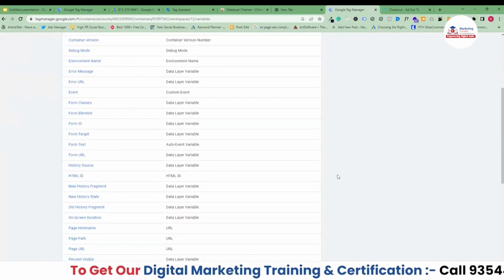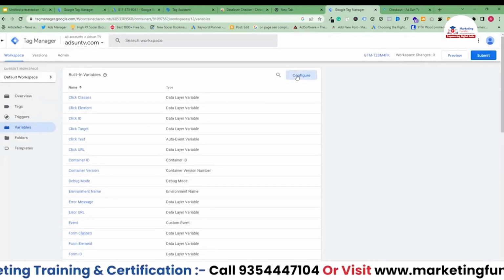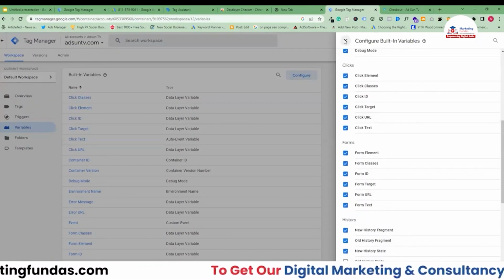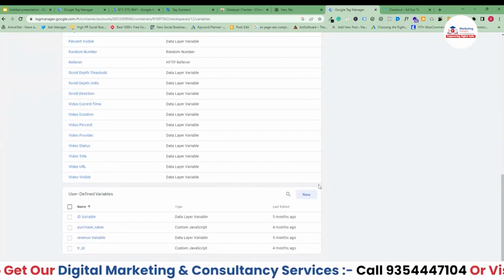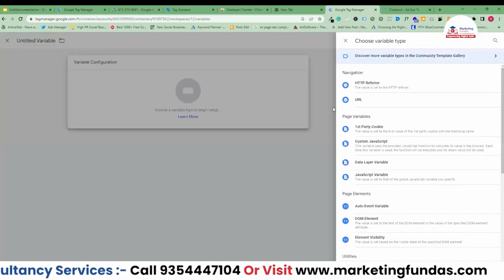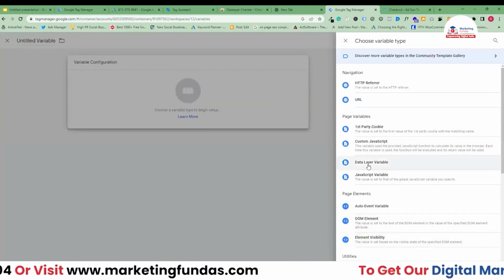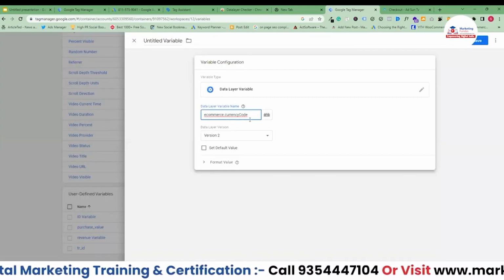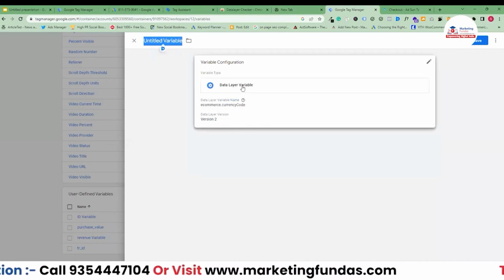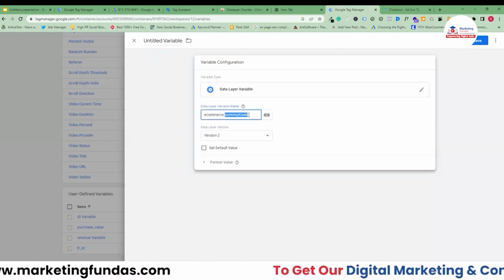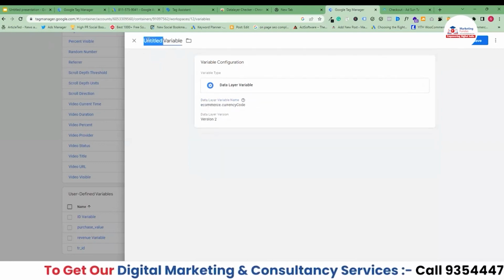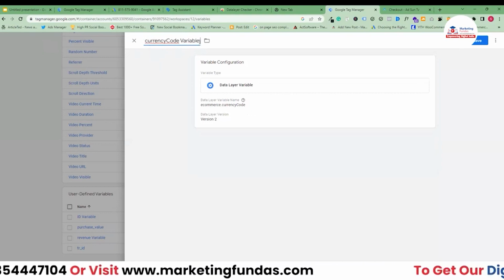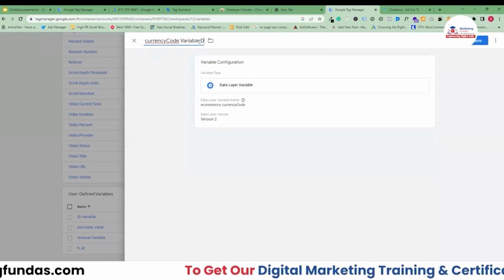Copy it, and in Google Tag Manager you have to use this data in variables. Click on configure. In variables, let's create one new variable. Scroll a little bit down, click on new variable configuration, and here we'll be able to see data layer variables. Add the data layer, currency code: e-commerce dot currency code. You can name this data layer variable as well. So I'm just copying and pasting here, currency code variable